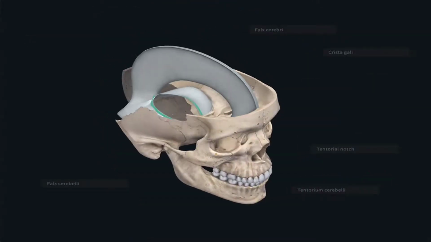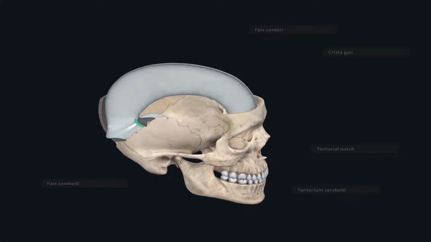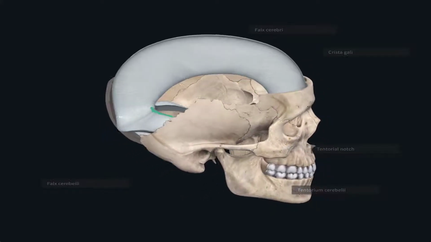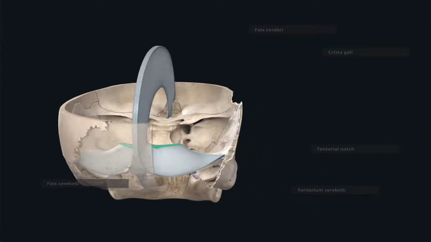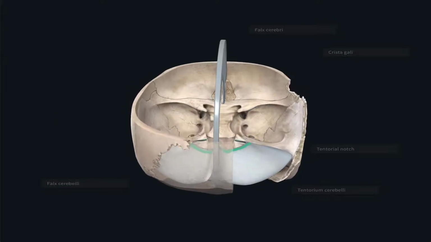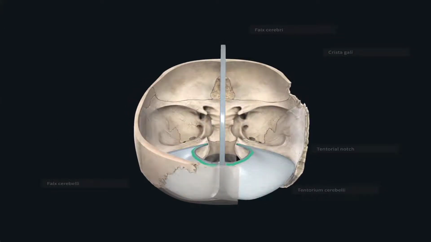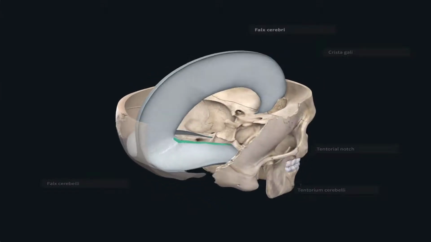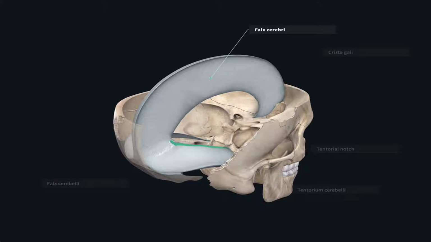The dural infoldings, otherwise known as meningeal infoldings, are going to be positioned between the large gaps within our brain known as fissures. We are going to see a dural infolding between the right and left cerebral hemispheres, known as the falx cerebri. Falx actually means sickle, so this is a sickle-shaped large extension of dural tissue, extending from the